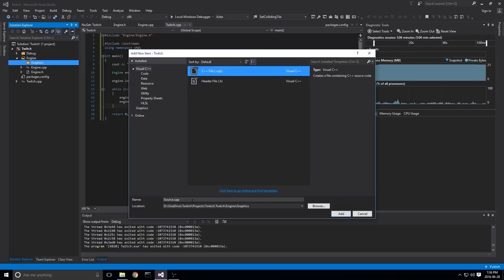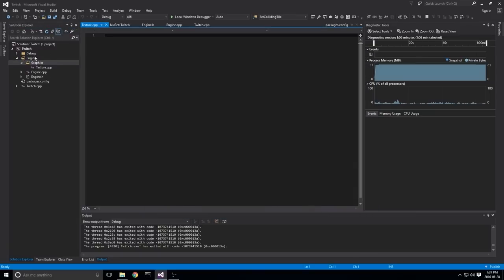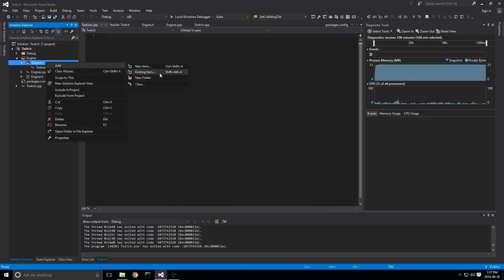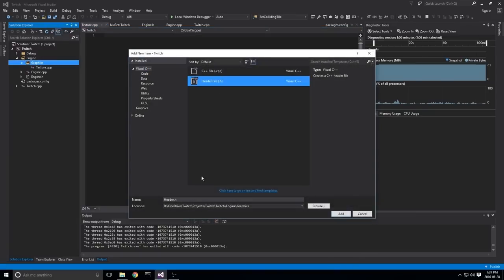The reason we do that is because texture should really only focus on the data relating to the textures we're going to draw on screen. And sprite is taking that texture and placing it somewhere, keeping track of its position, its rotation, its scaling. All that stuff should be handled by the sprite itself. So let's create the texture first. Texture.cpp and texture.h.